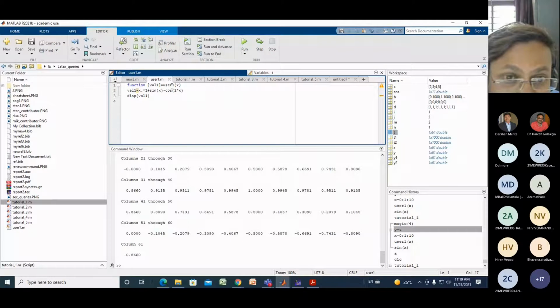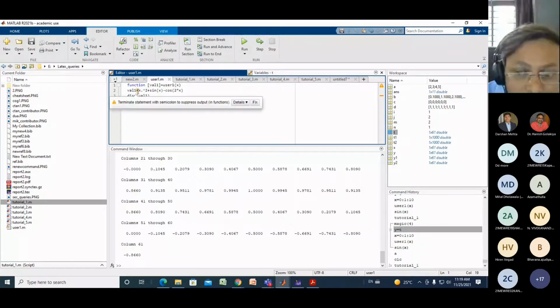So user1 is the name of the function, along with the input argument. x is the input argument, meaning whenever you run this function, you have to give the input as the x value. If you give the value of x, it will calculate user1. What is user1? User1 is the function name, and VAL1 is the output.